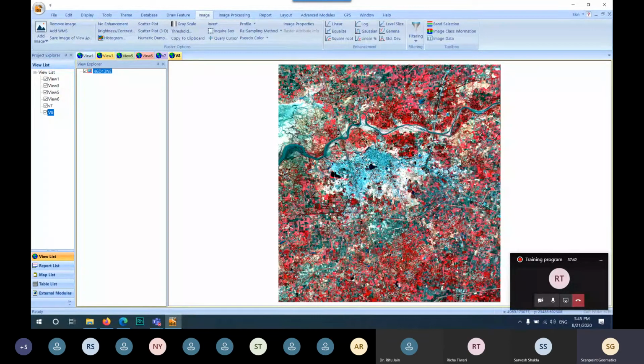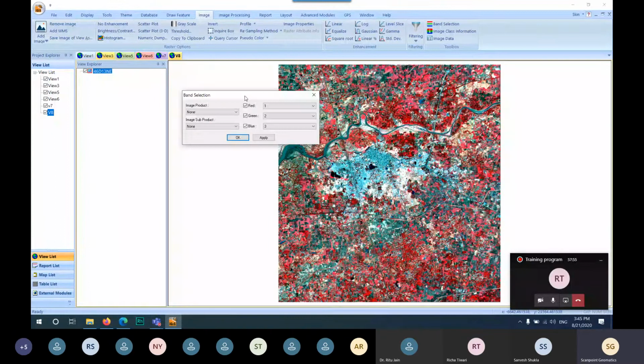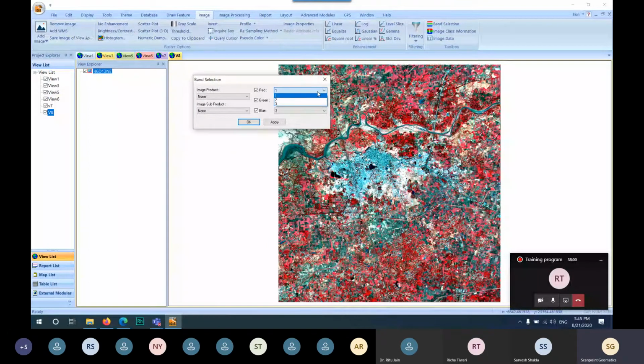If you want to change the band selection of your image, you can just right click on the image and go to the band selection option, and from here you can change the band. Red, you can define red band in another number, green band number 2, and blue is defined as 1, and click on OK.